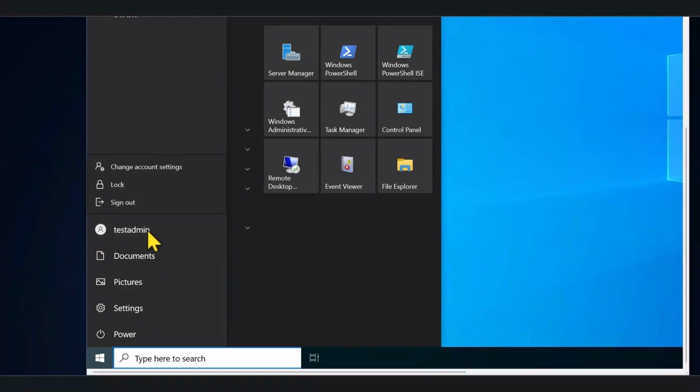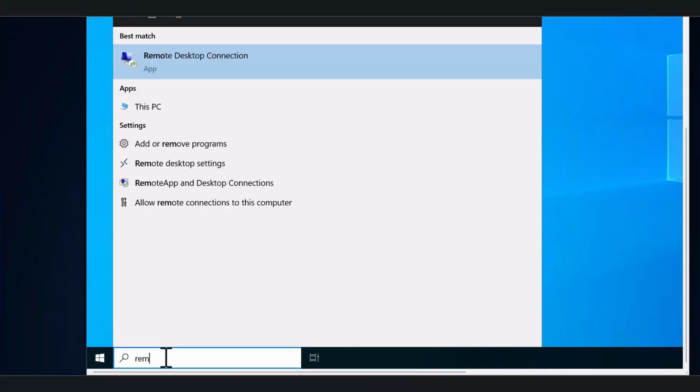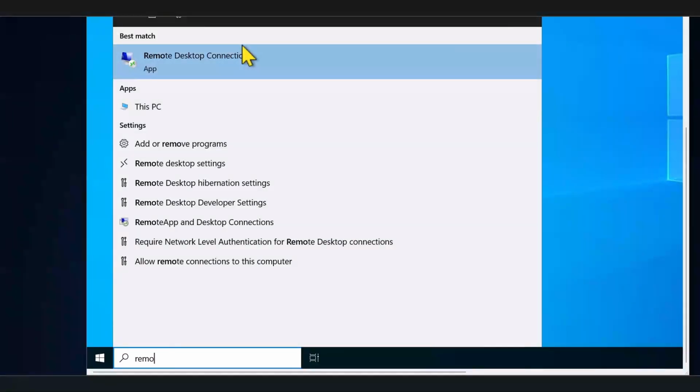But in order to make use of RSAT tools, now that we have domain joined the device, we need to make sure that we log in using a domain account, a domain administrator account. So what I'm going to do now is make sure that the account that I used to connect this device to the Azure managed domain is included in the RDP allowed list, so I can remote in using a domain account. So let me just go to remote desktop settings